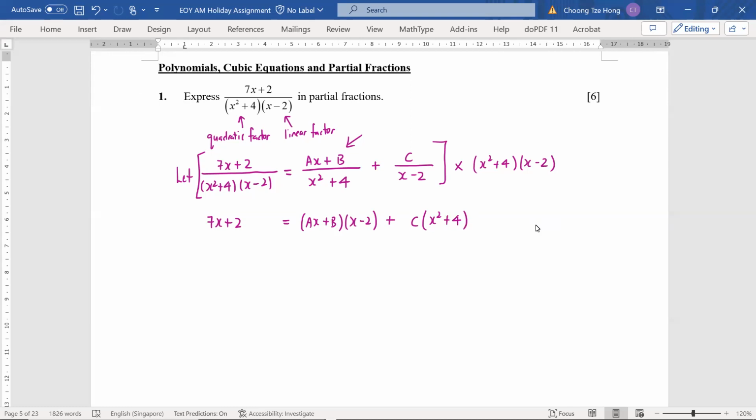We need to ask ourselves what method we can use to find a, b, and c. Essentially there are two methods. One is to let x be certain values to find a, b, and c, and the other is to equate coefficients. Over here, let's say I want to find c straight away,